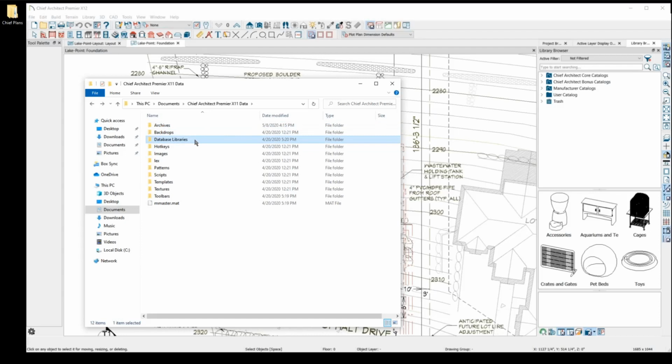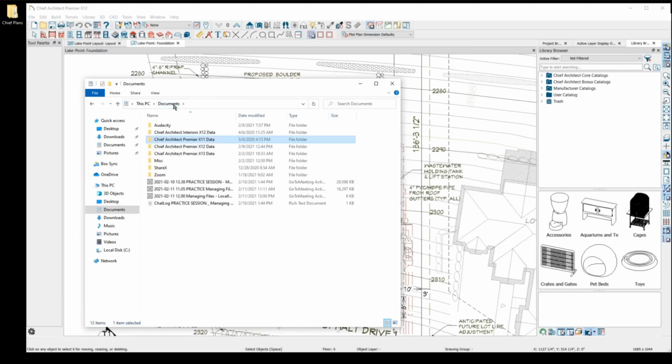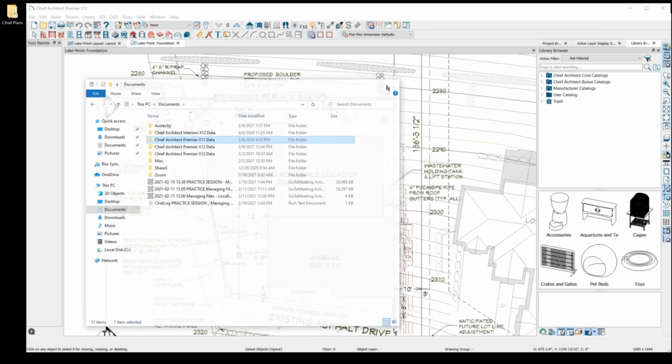My user database library got migrated over anyway, so that's not important at all. But I probably don't necessarily want to delete that, and it would probably make sense to back that up and keep that. These files in here aren't really going to be taking up a whole lot of space on your computer, though. So I don't know that I would concern myself too much with deleting these data files. The other spot where things do tend to pile up is actually in